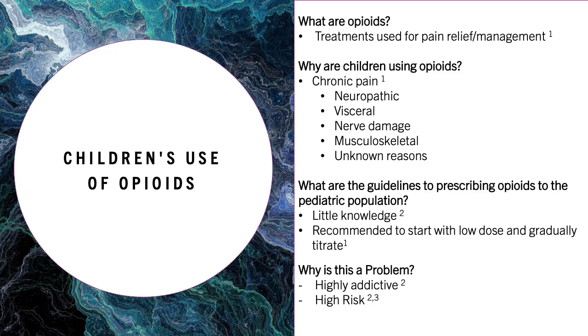So, why is it a problem that children are using opioids? It's a problem because this is a highly addictive substance, and just by introducing this substance to that child, you're increasing the risk for addiction and use of other substances throughout the rest of their life. You're also putting them at a high risk for health complications. In the case that opioids are misused or dosed incorrectly, children could experience CNS toxicity, seizures, difficulty breathing, respiratory depression, addiction, misuse, overdose, and even death.